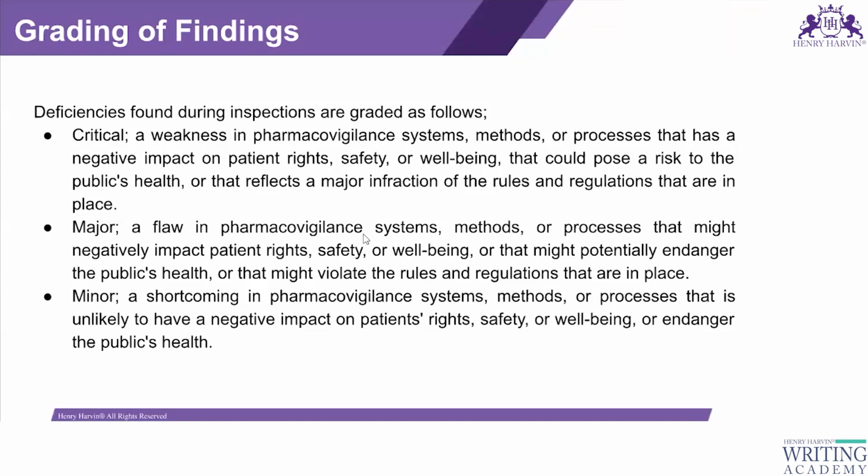Okay, so that type of flaw is considered critical. Then major. Major is a flaw in the pharmacovigilance system, methods, or processes that might negatively impact patient rights, safety, or well-being, or that might potentially endanger the public's health, or that might violate the rules and regulations that are in place. So major is any flaw or shortcoming in the pharmacovigilance system, processes, and so on, which can also endanger public health and might violate the rules and regulations in place,